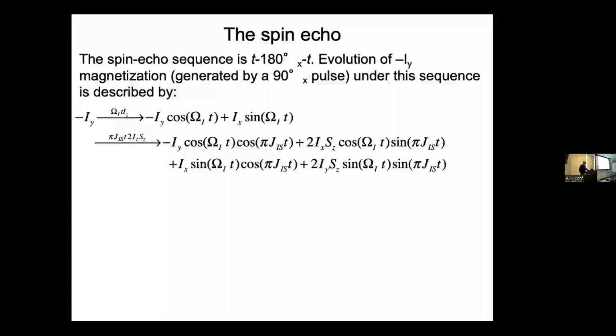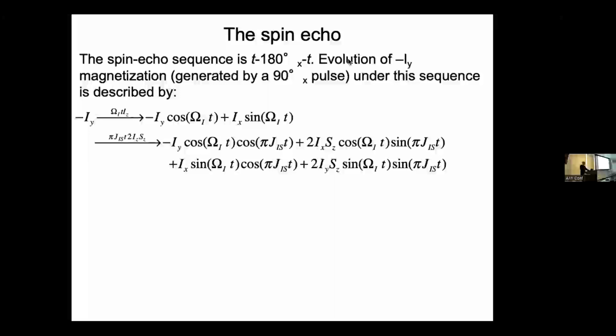The sequence tau-180-tau is called the spin echo, and it's probably the most famous effect in NMR spectroscopy, maybe other than 2D NMR. And we'll work it out a little bit. And again, there's more detail that you can look at. So here, for example, I just am going to work this out for